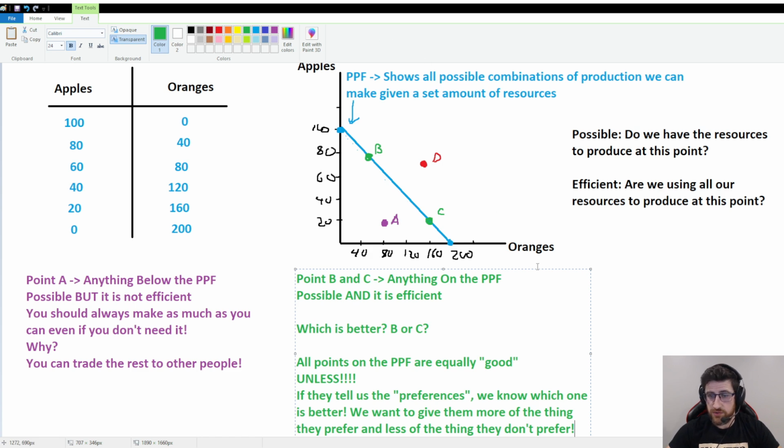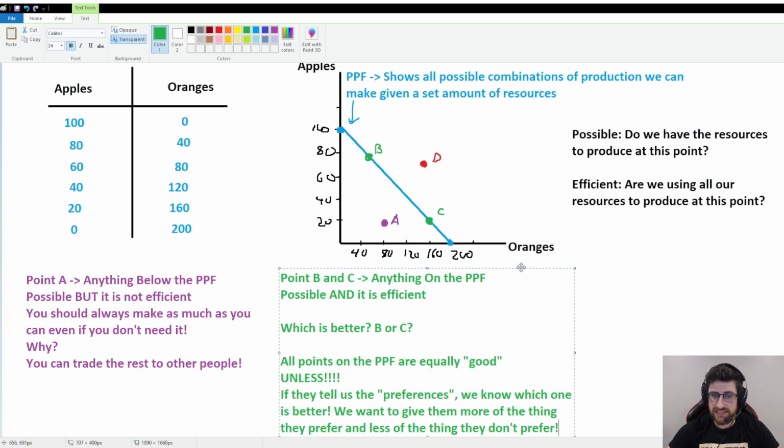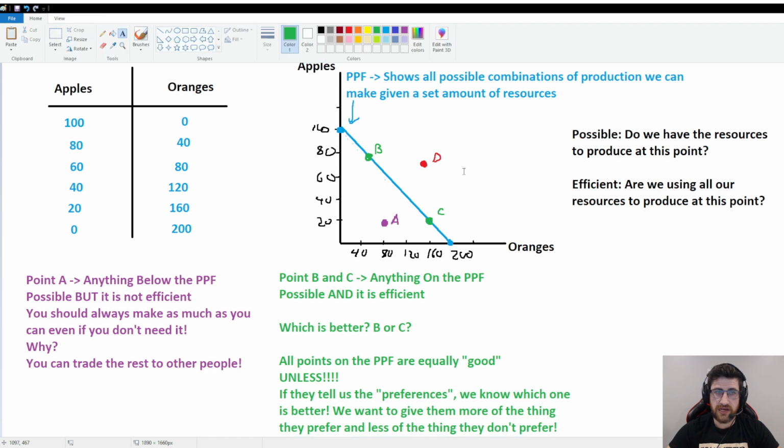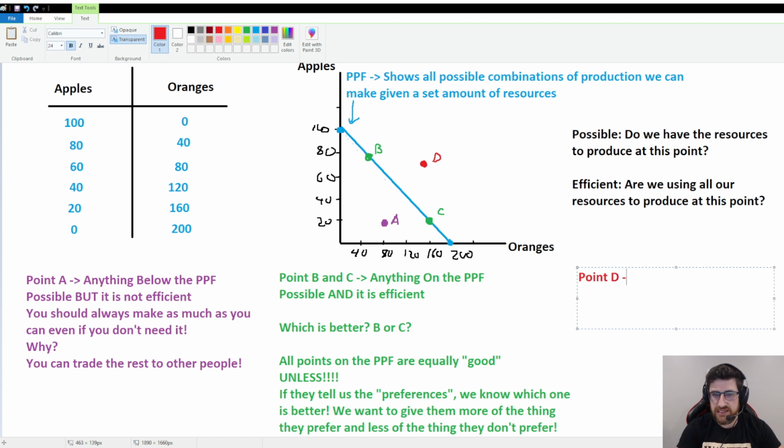The last thing we have to do is point D. And if you've kind of figured out the pattern here or the system, you can probably guess what I'm going to say about point D. So point D, this is anything above the PPF. And you can kind of answer the questions right away. Is D possible? It's not possible, right? Given our level of resources,